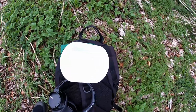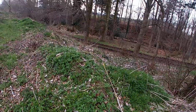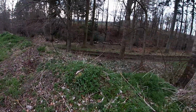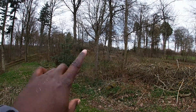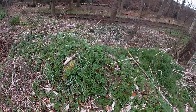So I've got my container here, ready to go, and I'll keep the scissors in it because it's going to blow over. So I'm looking for nettle, and I'm thinking about this area. Just right along here I can find nettle. The ground elder environment is over there. I just did the vlog regarding ground elder or sayes, which is just over on that side, so it's quite close. And just across from this path on this mound you can find